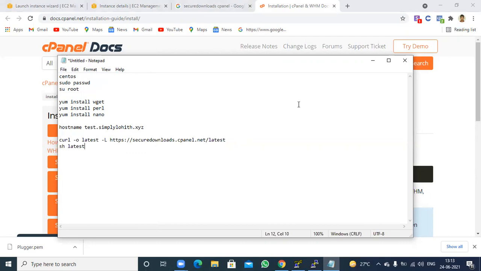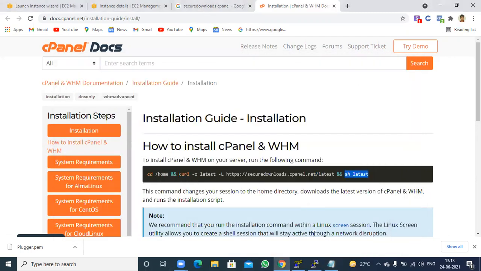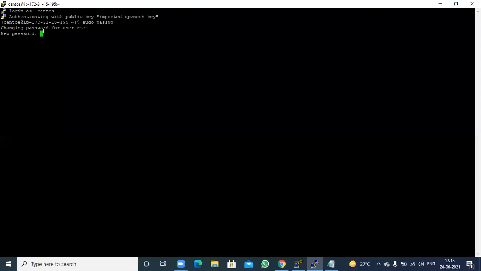Okay, now I'm going to do it for all of you. Let's go to this PuTTY app. You need to create a new password generation. I'm going to enter my password.